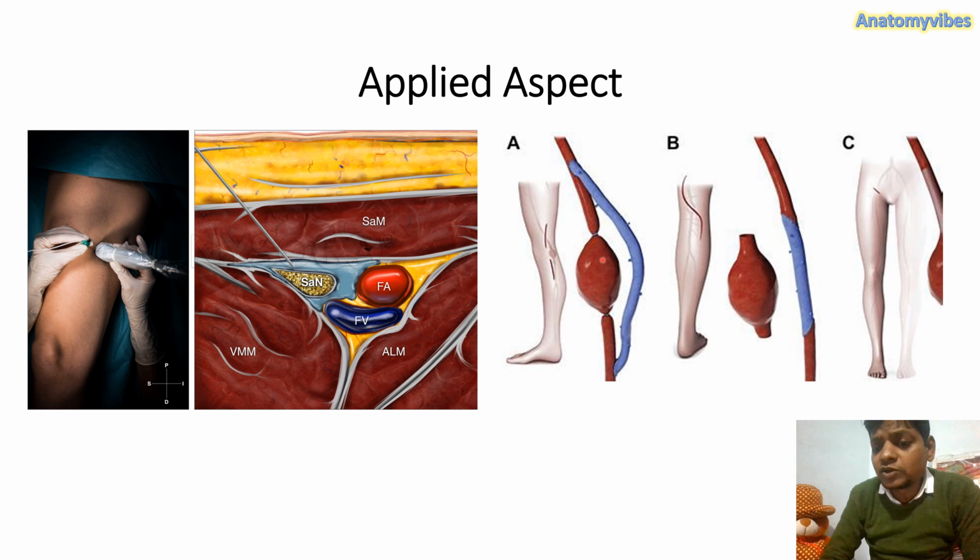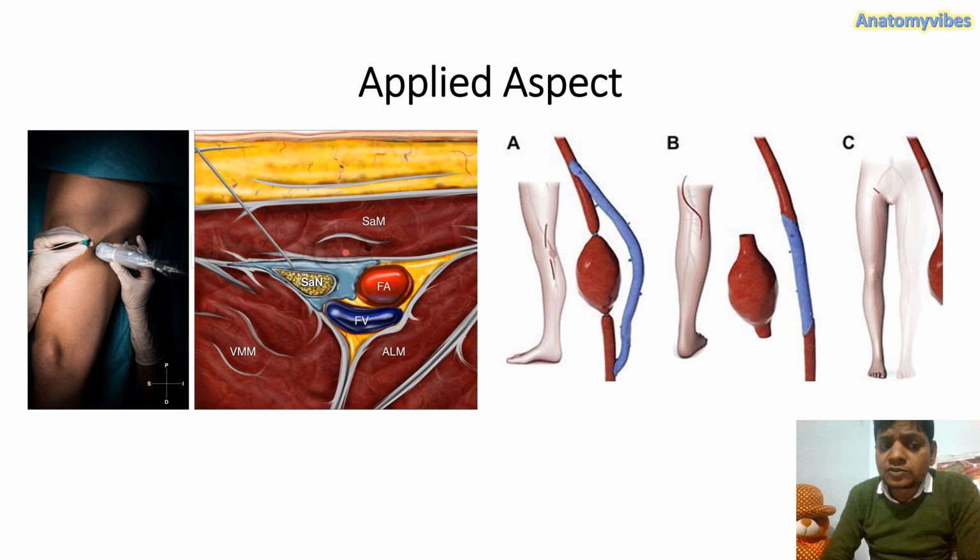For removal of this part, we can use any vein like the great saphenous vein, and that can be taken and turned inside out. As you can see, these small points are showing valves of the saphenous vein because the vein has been turned inside out, and then it can be joined at two ends and this part of the aneurysm will be removed. So this type of aneurysm can occur in this region.